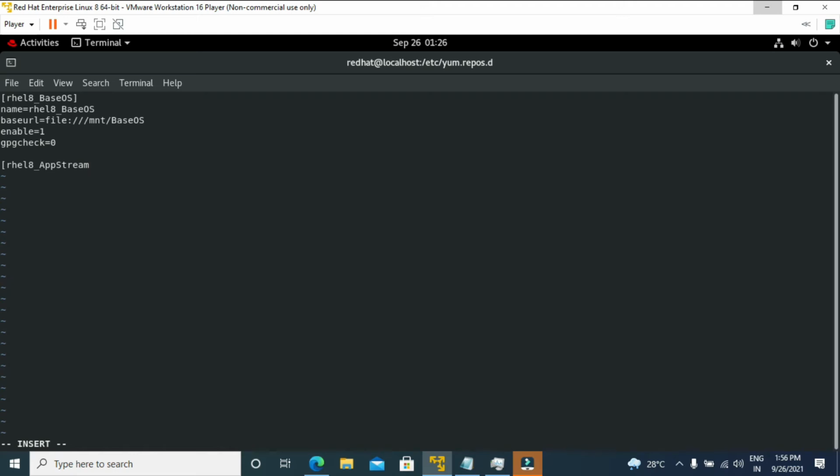Here the capital letters are case sensitive, you have to check this one. Sometimes it is not working, so however they have configured it, put the same thing. The same name I have copied here.